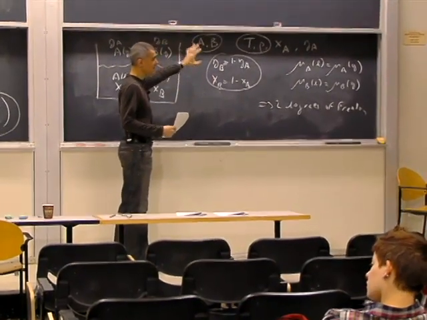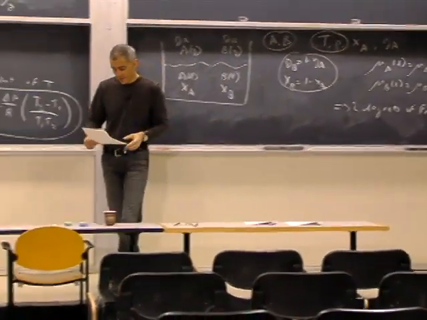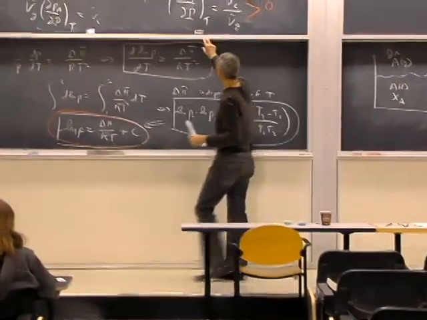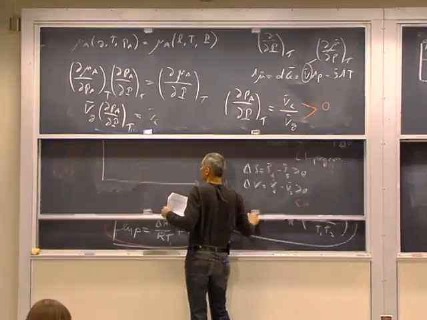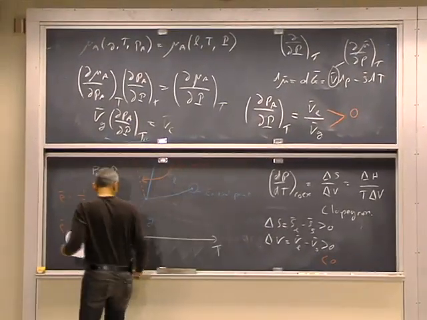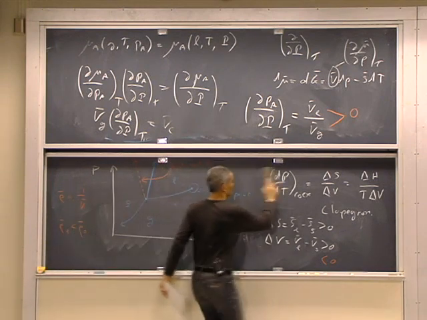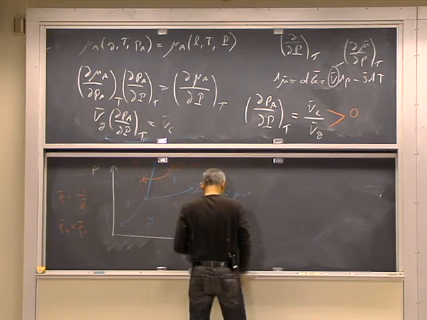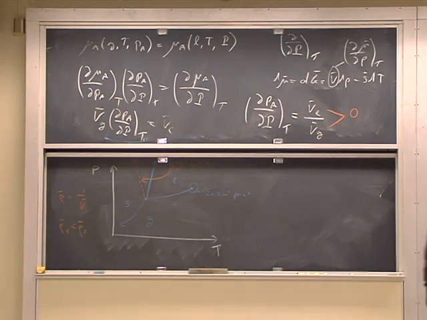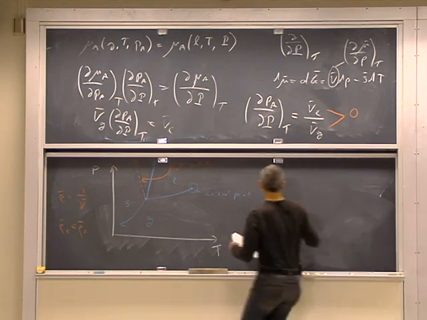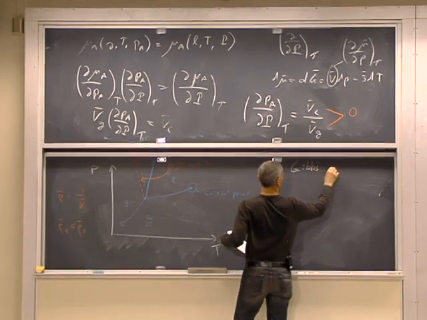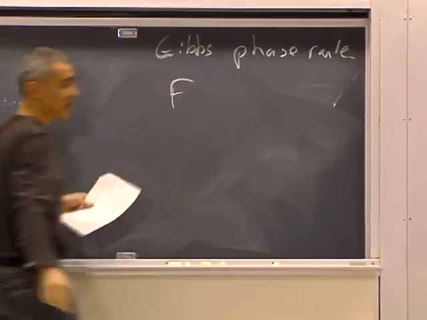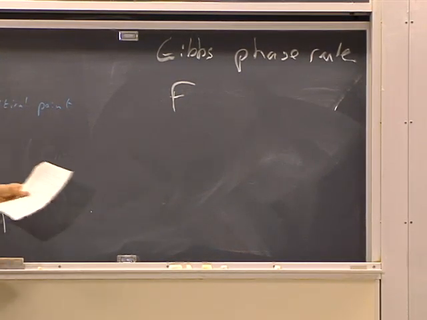Okay, and this example here is a specific example of something called the Gibbs phase rule, which you've seen before in this diagram that we wrote here. Let me write down what the Gibbs phase rule is first. The Gibbs phase rule tells you the number of independent variables given a number of constraints. So it tells you that the number of degrees of freedom, the number of independent variables in a complicated system like this,